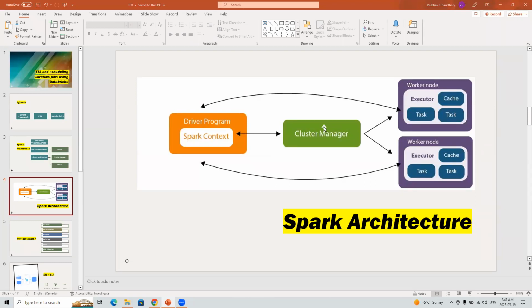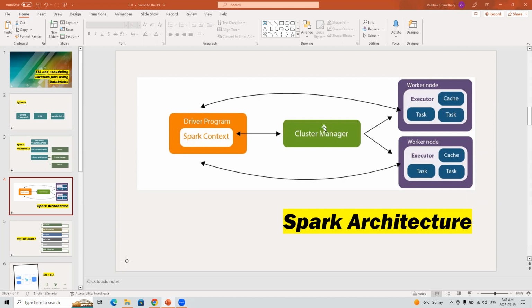Miss Divya here is asking, can you explain the connection between driver and worker node, and what information is exchanged between them? And Mr. Tushar is asking, in worker nodes, can we have multiple executors? Yes, we can have multiple executors in worker nodes.